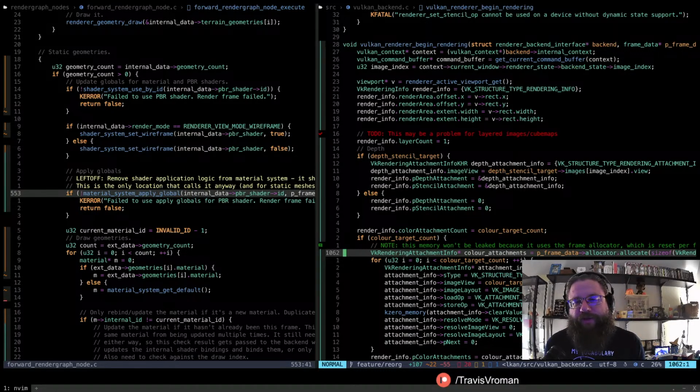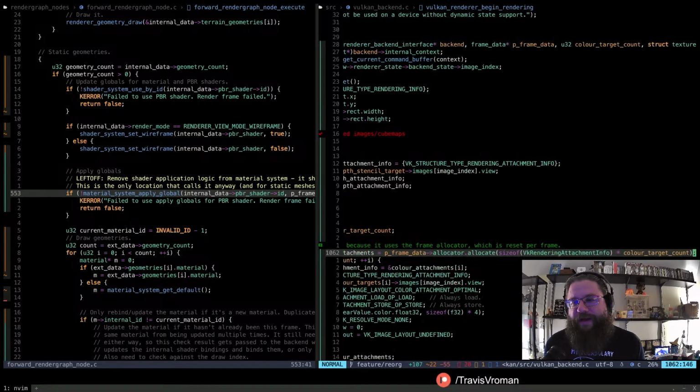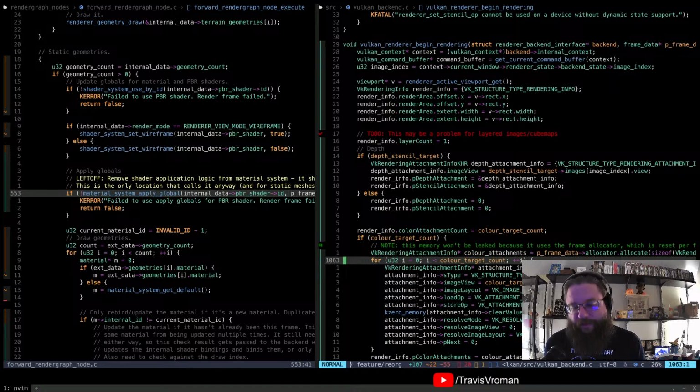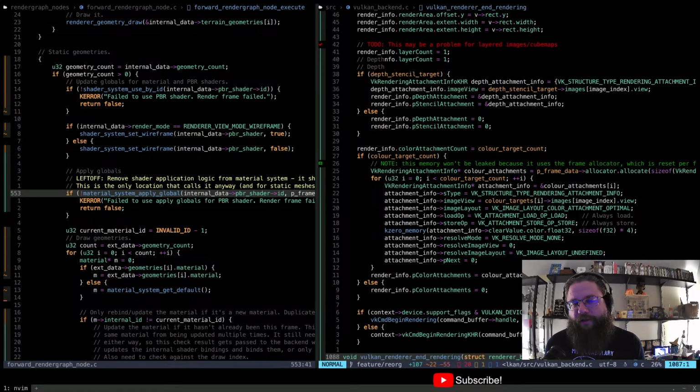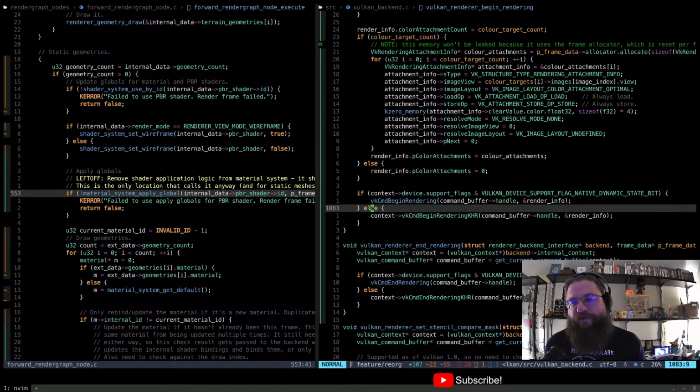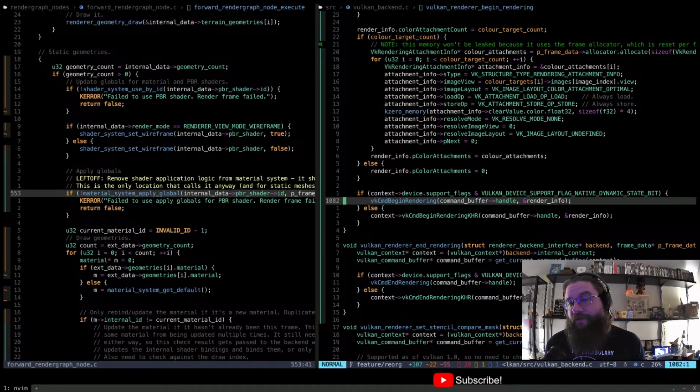So it's kind of a repeat of what we see on the front end, except this time we're doing it with our Vulkan structures. And then we just loop through those, create the data as necessary, and fill in the P color attachments. And then we call our VK command begin rendering here, and that is really it.